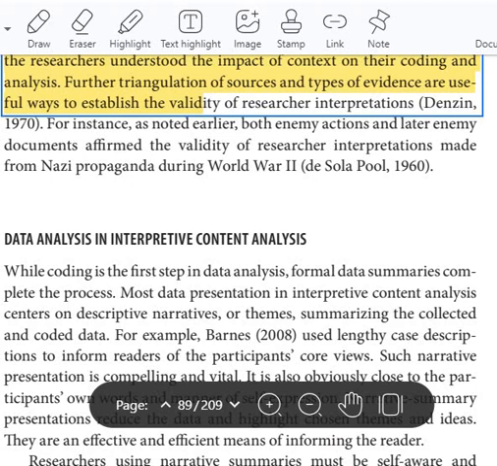So we don't have anything like concordances. We are mainly focusing on narratives, on themes. We summarize collected and coded data through descriptive narratives. These narratives are very essential for informing the reader and must be self-aware and self-reflective to avoid what? To avoid bias. Okay. So as for data analysis again here,